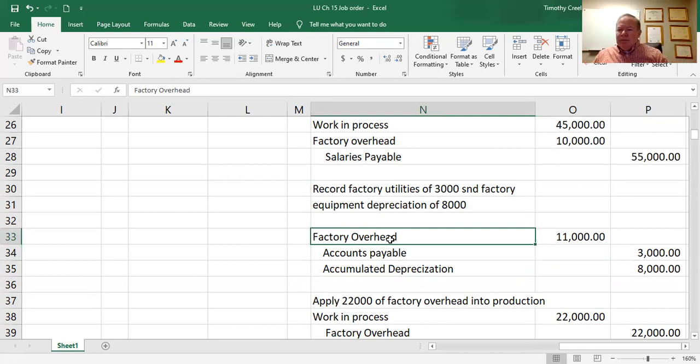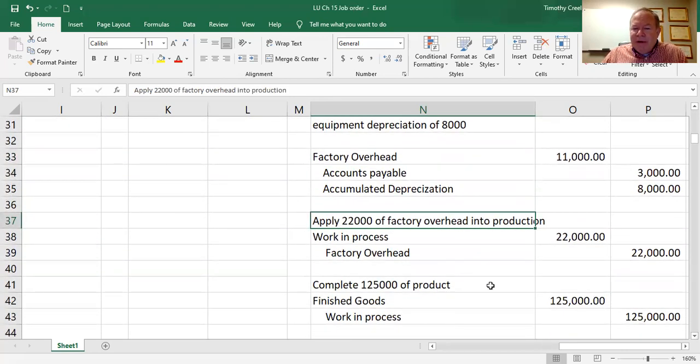One thing to remember with this process, if you're producing a product, the only way for you to come up with your product cost is to charge all of the cost to the product. And so all of the labor and the materials and the overhead, all of that gets charged to the product. And as long as the company owns that product, it sits in inventory on their books. Now, once they sell it, then it's expensed as part of cost of goods sold. But that's the only way you can keep up with what the cost is for you to make a product, is to put all of the manufacturing cost to the product. Okay, so